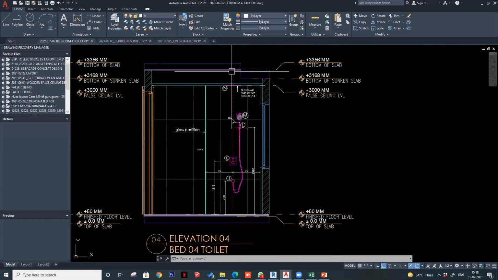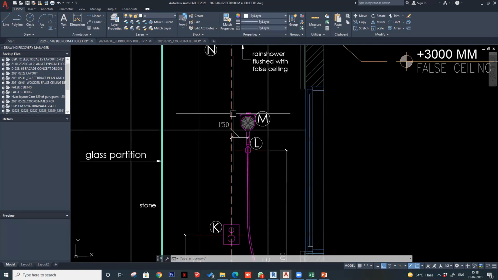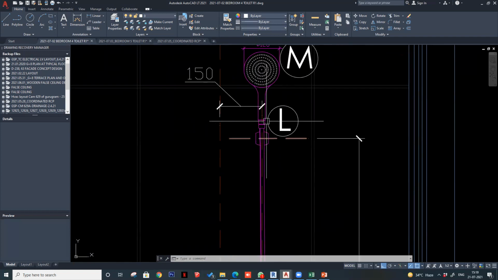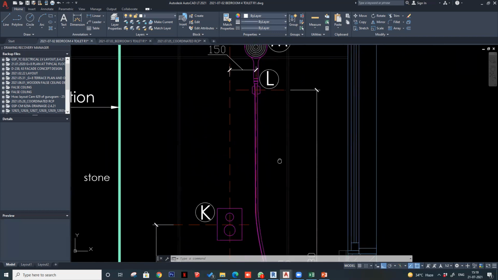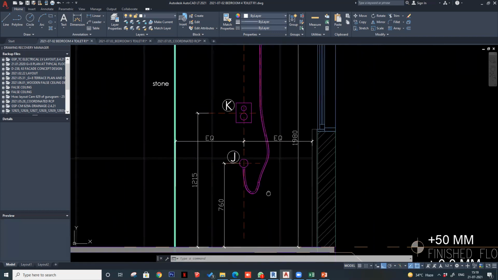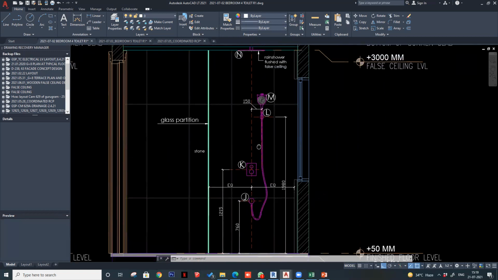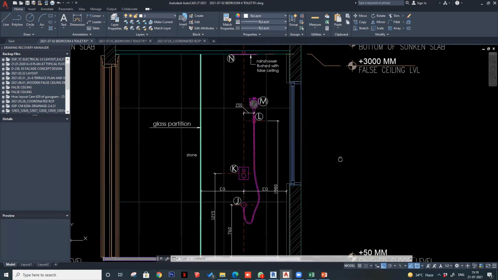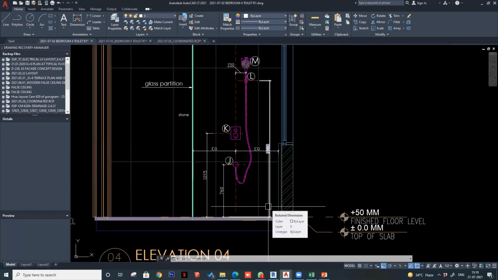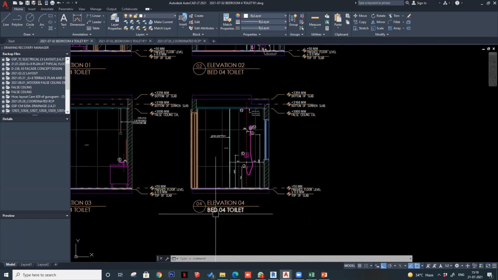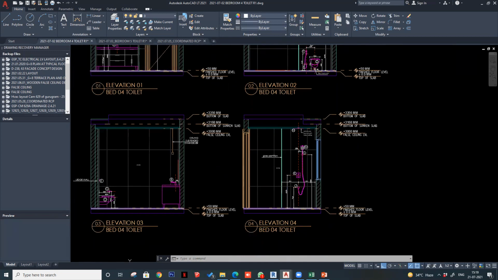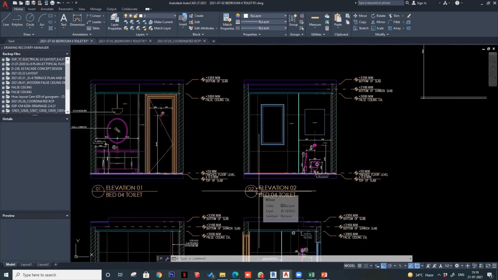So everything here is at the center line, and just this bracket which is holding the hand shower, you'll place it a little towards the right. Okay, and then you need to give the heights for all these, and you can refer the heights from any of these files. These are according to our usage only. So this you can refer from here. What else? Faucet का बता दिया, rain shower ये बता दिया.